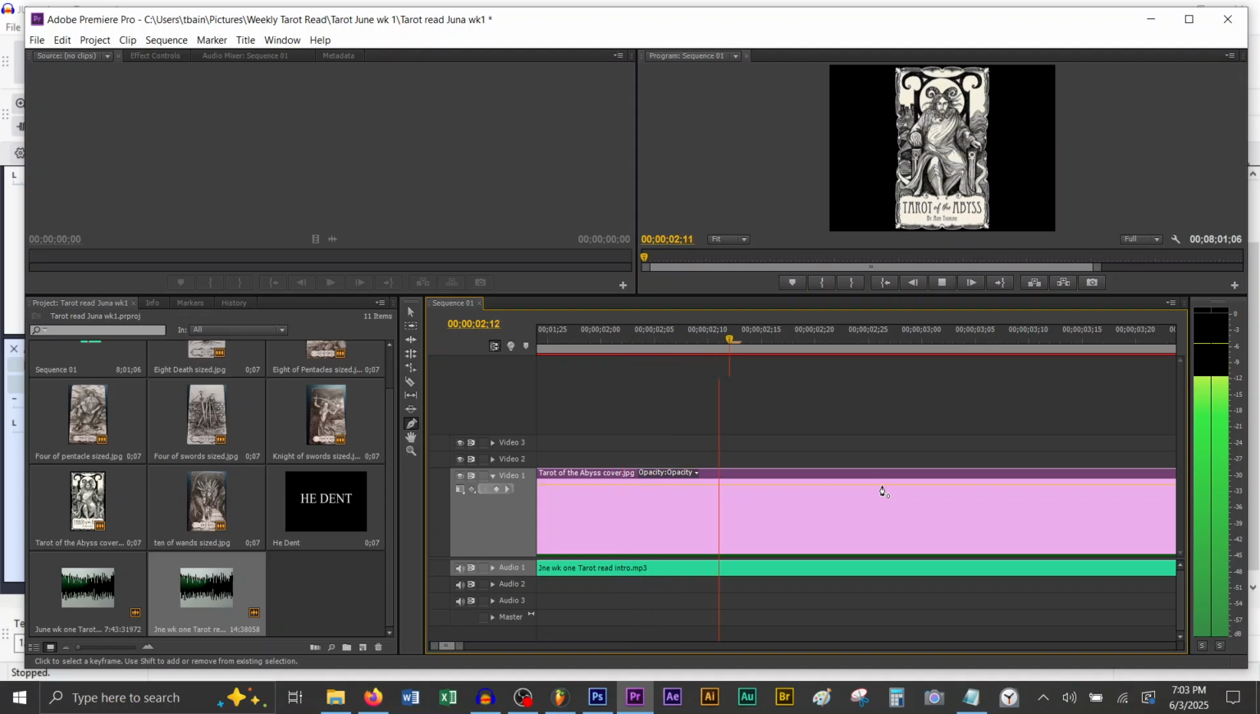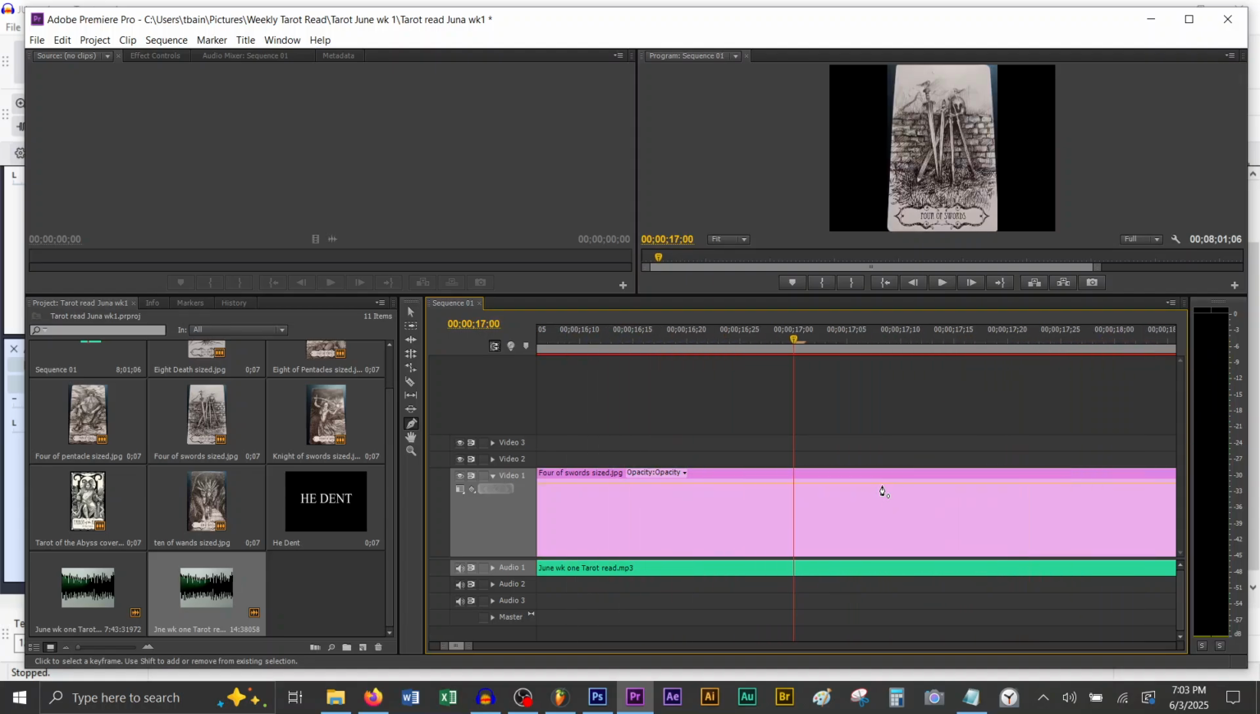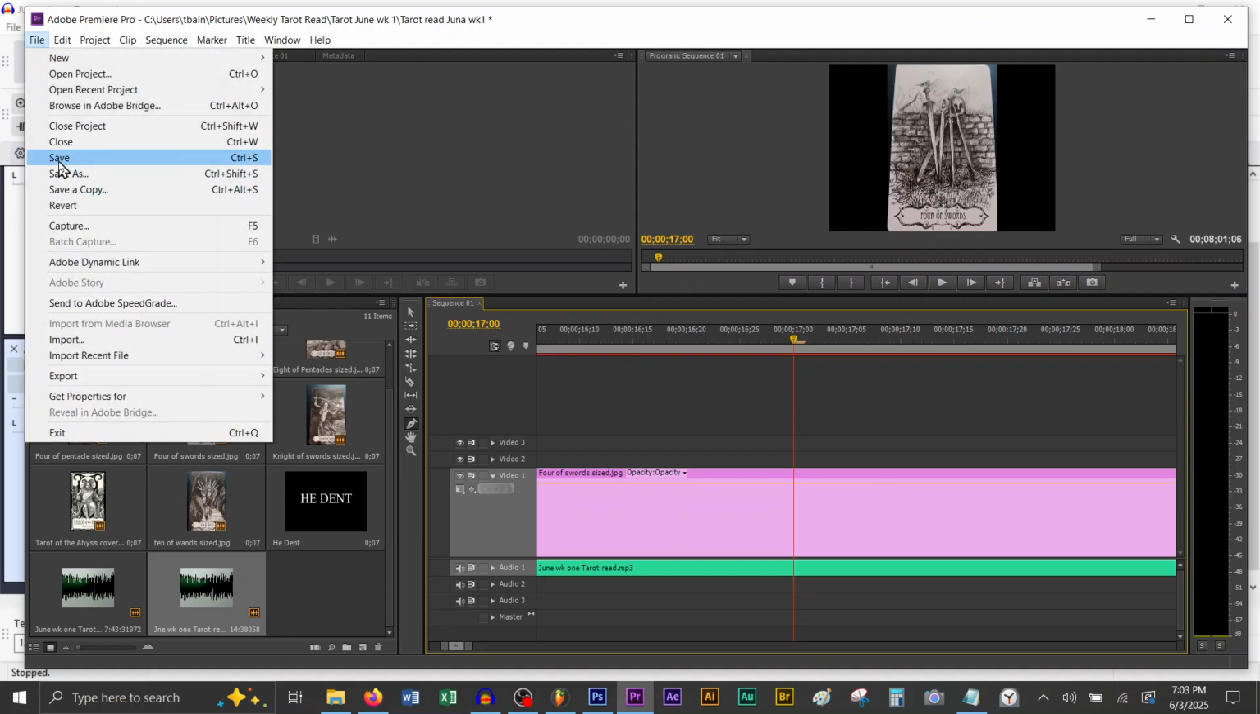This is a tarot reading from the Tarot of the Abyss by Anne Turian. It is for the first week of June 2025. It's 6 cards that are randomly pulled after shuffling with a blank